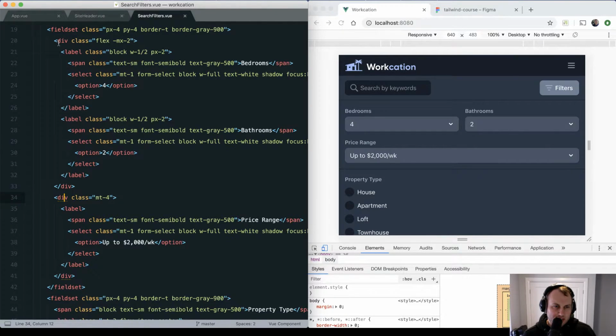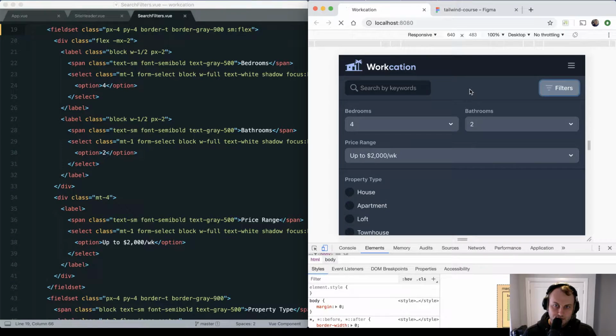If we don't want to change the structure of things too much, we could just make this a flex container. I've got to make sure I don't break out of this habit, but since we're working at a medium screen size now, 640 is Tailwind's SM breakpoint. Every single change that we're adding, we only want to add it for SM screens and above. So anytime I type a class, I want to make sure I'm prefixing it with SM colon. So if we do SM flex, then we should see,